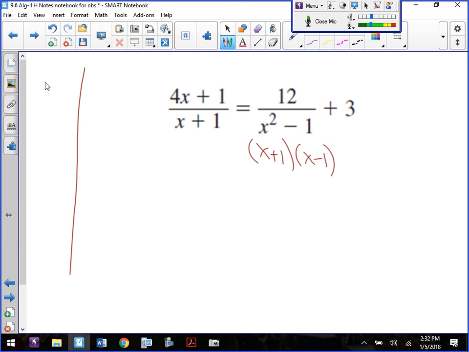So what do I want to multiply this entire thing by to get rid of our fractions? X plus 1, x minus 1. I want to multiply by them both, because if I only multiply by the x minus 1, I would only get rid of this value. I'd have to multiply it by both of them to get rid of everything. Right? So by multiplying out by your common denominator,